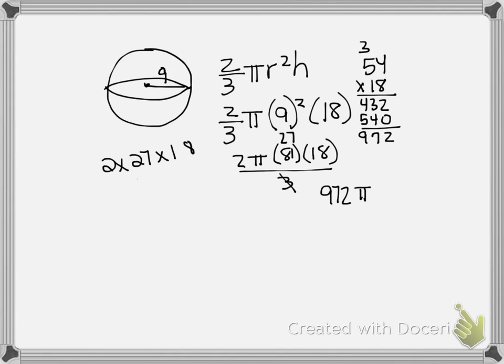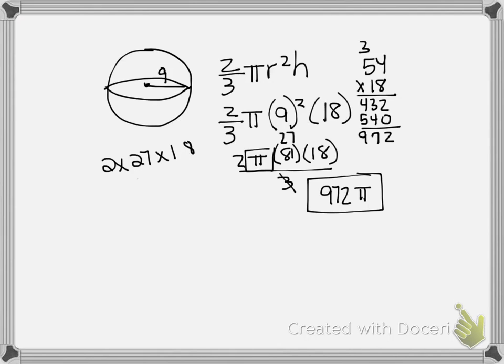Now, what I noticed is that several of you are doing all this work and you're writing 972 on your paper. You cannot forget pi. Again, 972 and 972 times pi are not close to each other. That would be at least 972 times 3 if you try to multiply those together. All right, so from here,